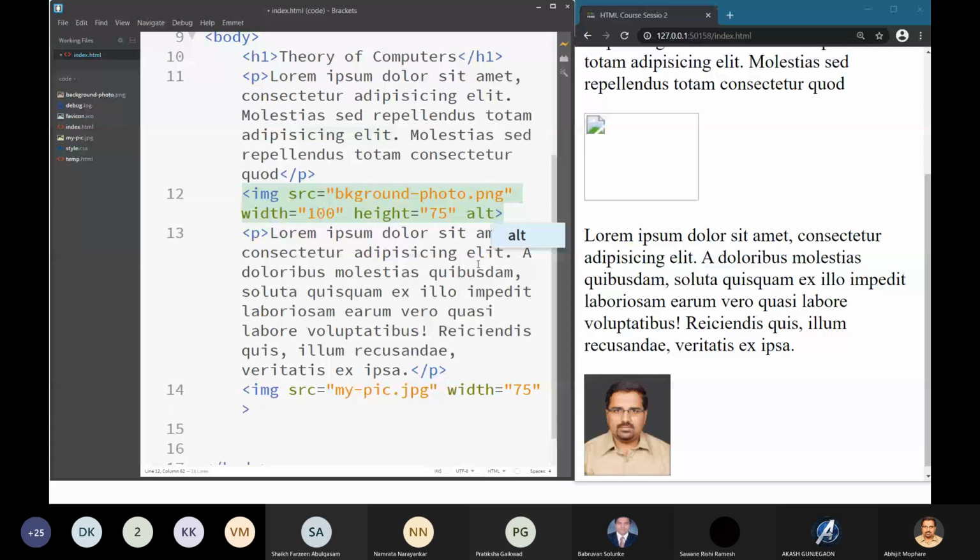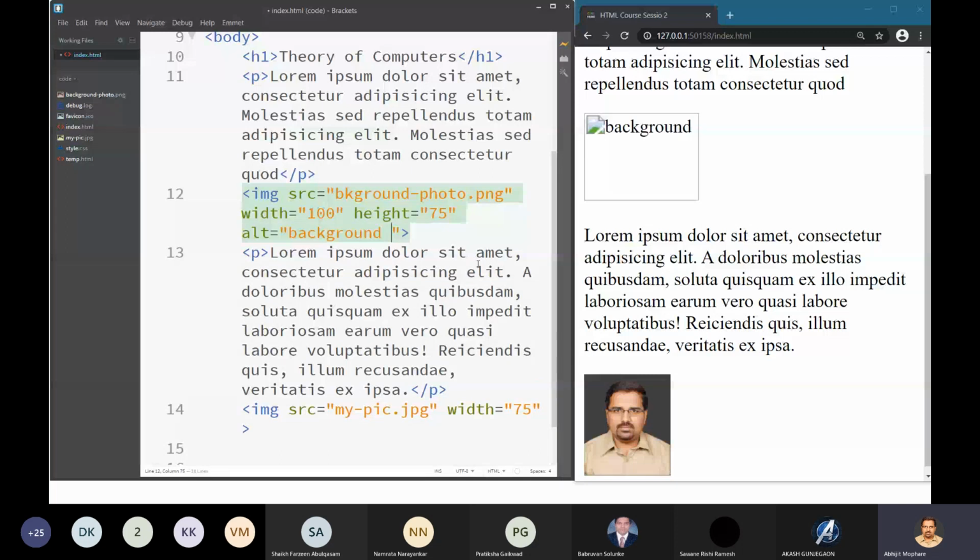background image. So you may find that various websites have a meaningful name given to the file. So this alt attribute works for that. Whenever this image is not available, this alternative text will be displayed over there, background image. So the user or the visiting client will come to know, okay, this image is not available, but it actually was some background image or something. Or for any blind person, the reader will recognize that this image is a background image. It will read out this alt text to that particular person.